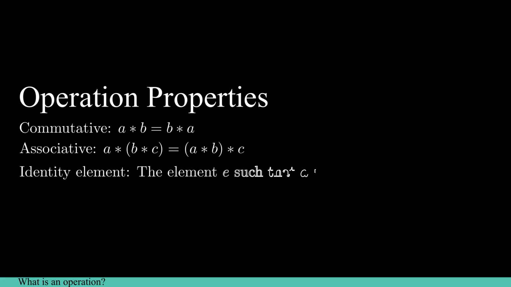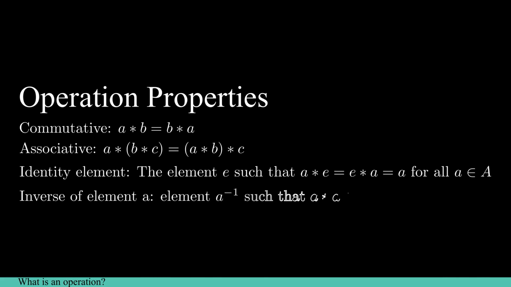If an element E exists in a set such that any element in that set operating on E or being operated on by E equals that same element, then E is called the neutral or the identity element. If an element X exists such that A operating on X and X operating on A both equal the identity element, then X is called the inverse of A and can be denoted by an A with the superscript of -1. Again, none of these extra properties are absolutely required for any operation, but they are very important in the